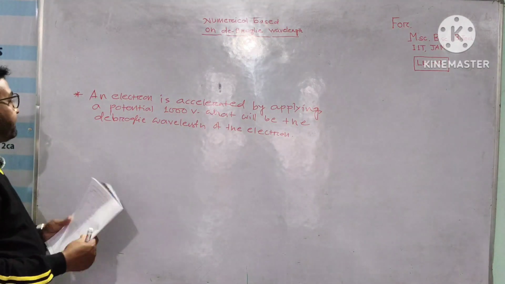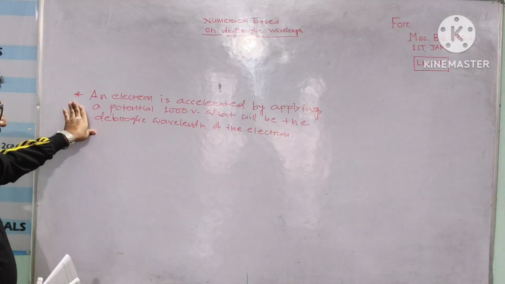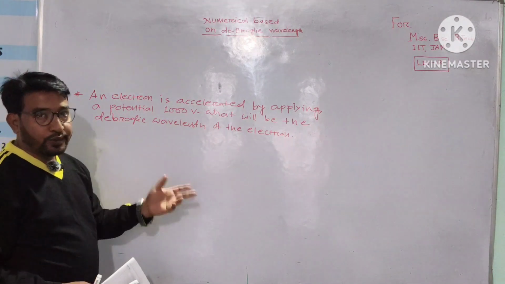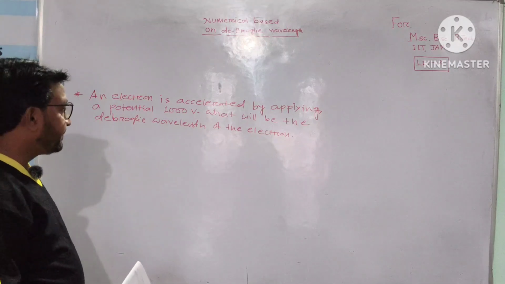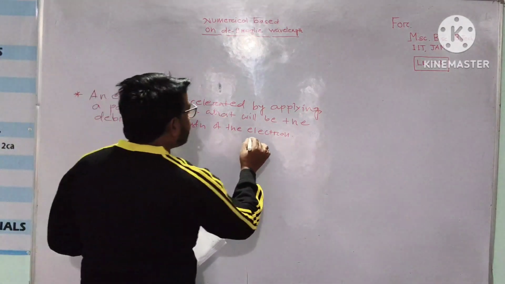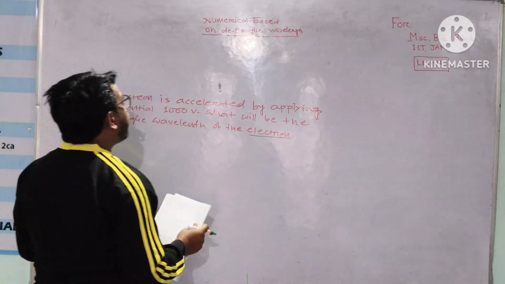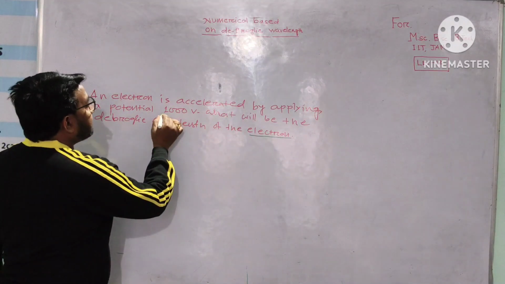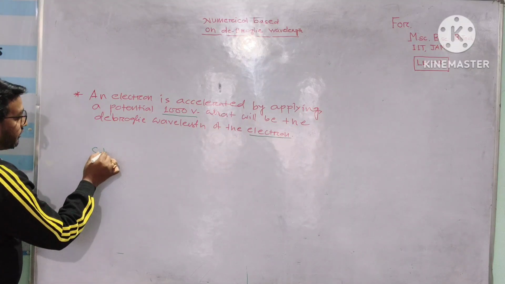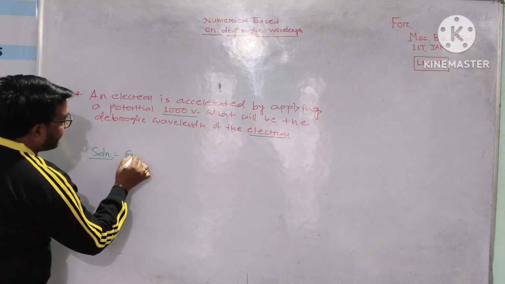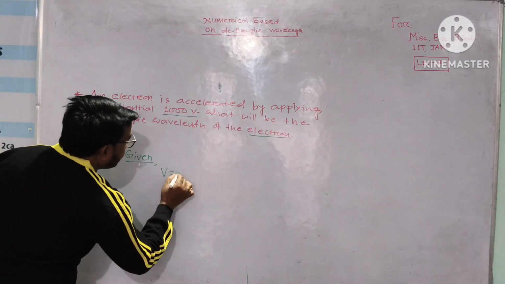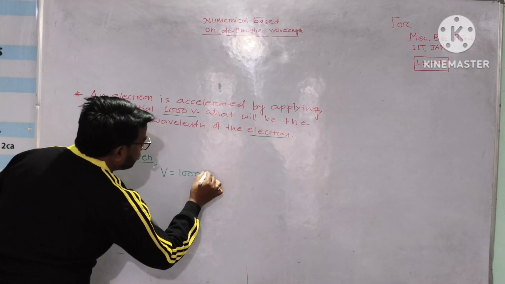According to this problem, an electron is accelerated by applying a potential 1000 volt. What will be the de Broglie wavelength of the electron? Okay, this is clear that the particle is electron, is it not? Electron is a particle, okay, and potential is 1000 volt. So we can write the given information of this question: V equal 1000 volt